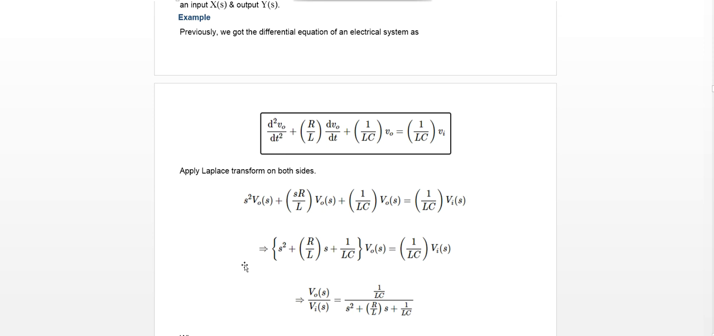So if you could recall how to get the Laplace transform from the t domain to the frequency domain, you can get that d squared vo over dt squared is equal to s squared Vo(s). Then this part